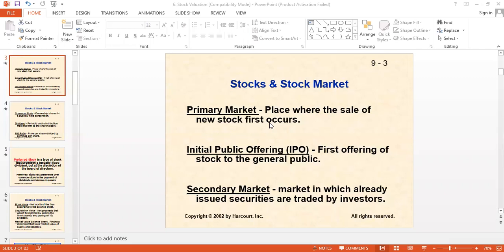So, for instance, you are going to buy my shares. This transaction is taking place between myself as a company and yourself as a new shareholder. This transaction that is taking place between us is known as the primary market. It is known as the primary market when a company is selling its shares for the first time to new shareholders. This operation, this transaction, takes place in the primary market.